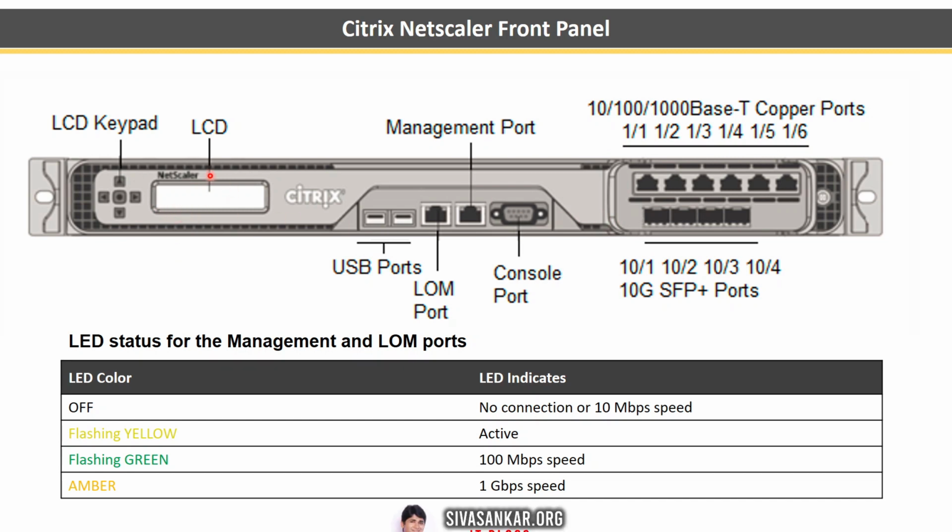So let's start from here. You have a small LCD. Let's say you don't see anything in the LCD, just press this middle button. You will see the very important thing, the NetScaler model. Another important thing is, let's say you reach out to a customer and the customer says, I don't know what the management IP is, meaning the NetScaler IP. You can see the NetScaler IP here. And once you see that, if you want to go up and down, just use these keys to navigate. These 4 keys are just for navigation. But if you press this middle button, you will get the details.